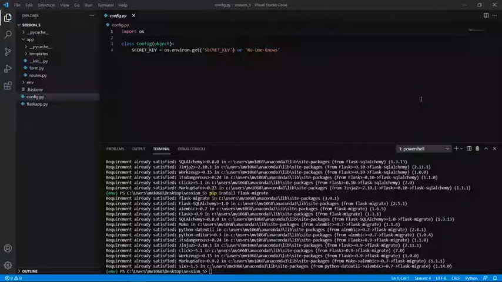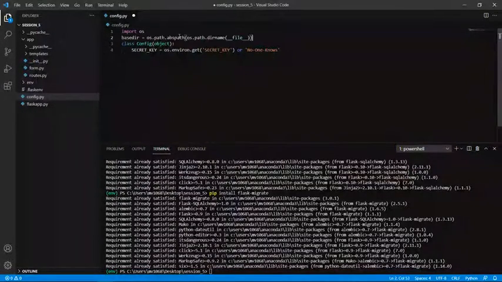First, we have to add a command to create a base directory, which will hold and save this database. For that, we are creating a base directory variable, and here we are passing the path and then the directory name.